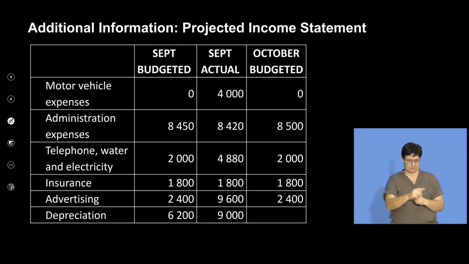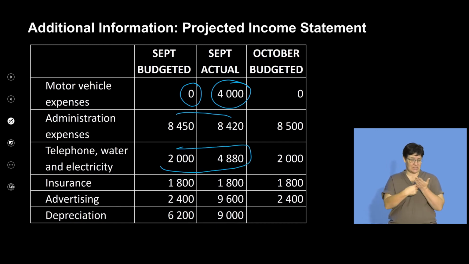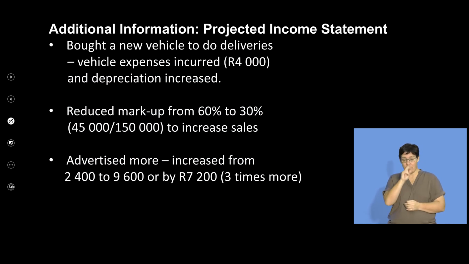Here we go. There's your motor vehicle expenses. You'll notice that we had nothing, and then obviously there was 4,000. Admin expenses, look at the difference between the two. Look, telephone, we've discussed that one already. Insurance, advertising, depreciation, we've discussed. So clearly you can see here